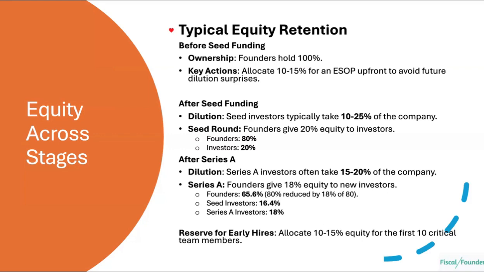So think about this. And again, the way I see it, it boils down to, do you want a smaller share of a bigger pie, or do you want a bigger share of a smaller pie, right? Let's say you retain 40% of the equity, but your company can't grow because you didn't give enough equity to people, and you've reached maybe a few million, but it's not where you wanted it to be, versus you only hold on to 10% of equity, but now you're a $1 billion company because you incentivized the right people, you brought in the right investors, you gave more of the equity away to raise more money, and now you're a bigger business, right? So you have to figure that out.